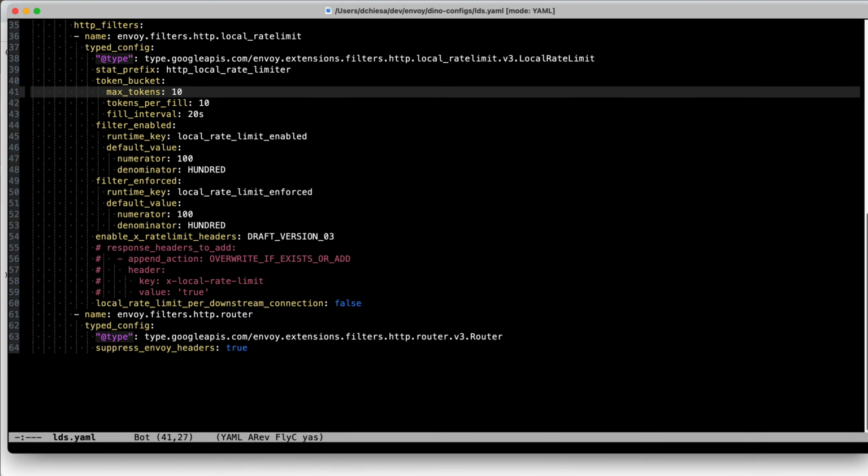So basically that's saying you're going to have a rate limit of 10 requests every 20 seconds. And then there's also some headers that get sent back on the request, so that we can see what the rate limit status is. So if I turn on a repeated call to curl at port 10,000, we should be able to see the response coming back, and you'll see the rate limit headers being sent by